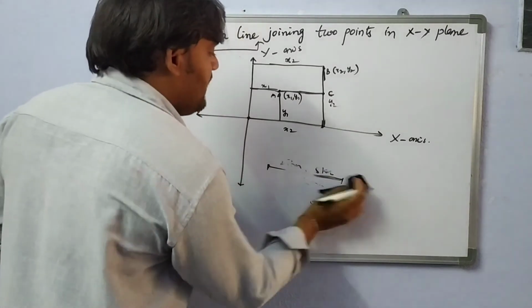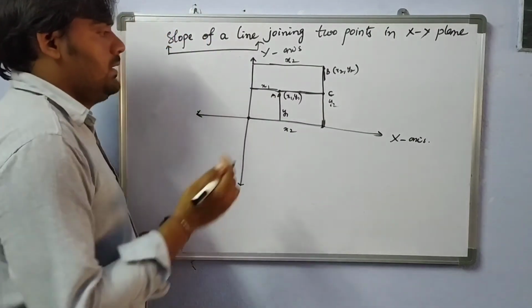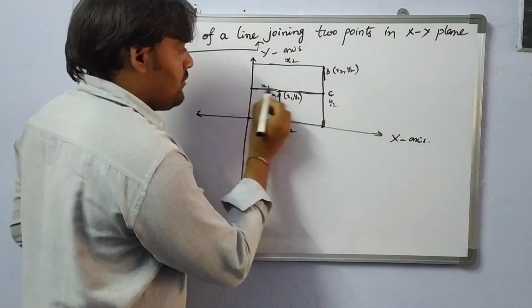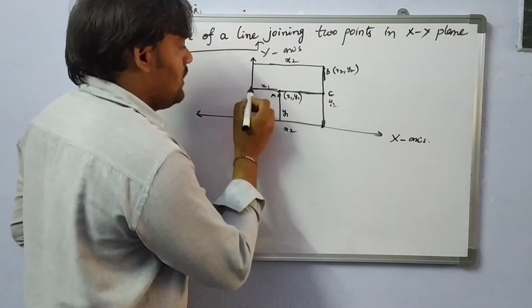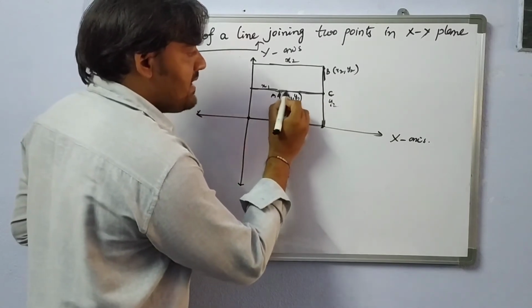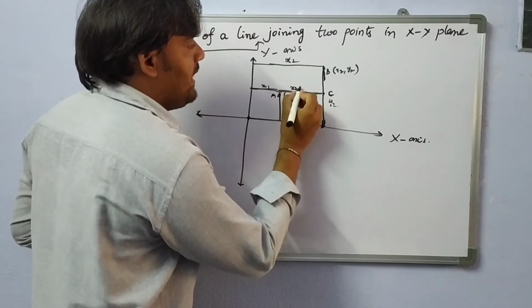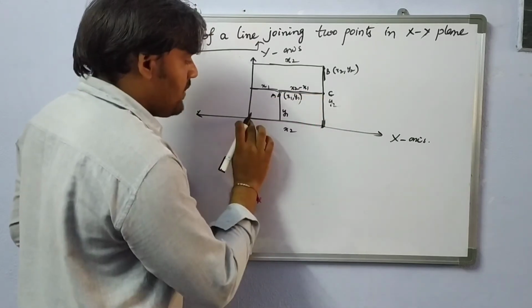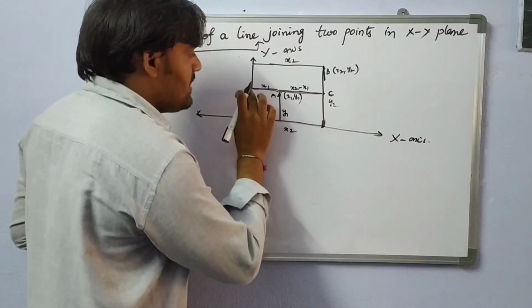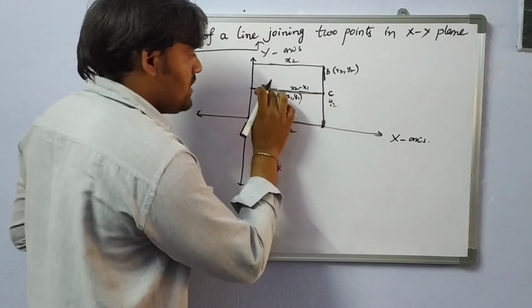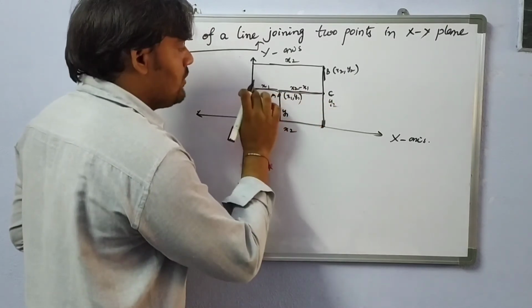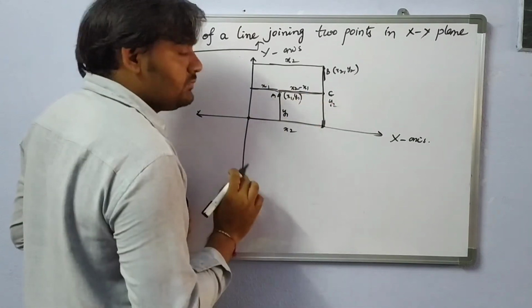Like that only, here the total length from here to here is x2, here to here is x1. Then what is the length of this one? Here to here, x2 minus x1. From here to here is x2, and this here to here is also x2. These two are parallel lines, so the distance from here to here is the same.